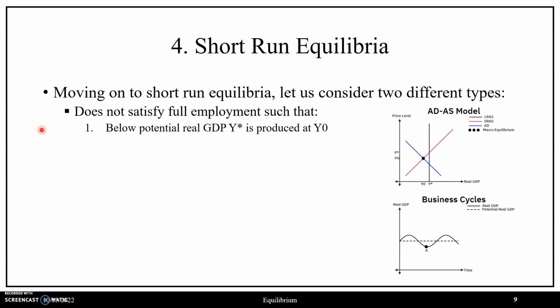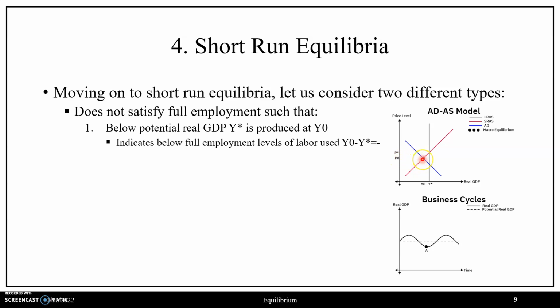Now, with respect to this short-run equilibrium, it is going to be the case that the economy is producing below potential real GDP, whereby producing below potential real GDP, this means production resources aren't being fully utilized, in which case we'll assume below full employment levels of labor are being used, where we will see this in our ADAS model, in which we'll have macro equilibrium at the intersection of aggregate demand and short-run aggregate supply to the left of the long-run aggregate supply curve, or where in this case we see that we have a real GDP level Y0 and a price